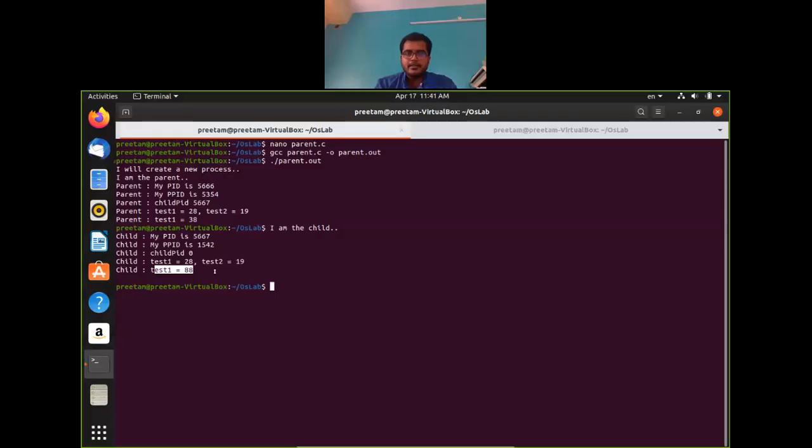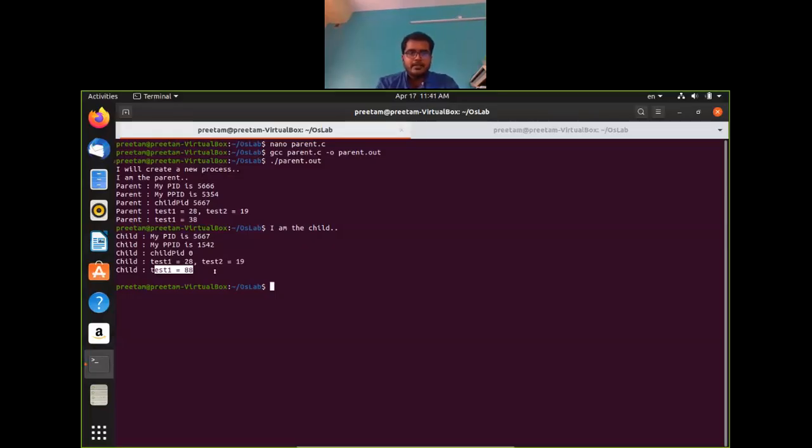One thing, okay, actually to prove it, what we can do is infinitely print these values of the test1 variable both in child and parent, and we can see that these have two different values. Because with a single run we cannot tell that they have different memory locations and different values.